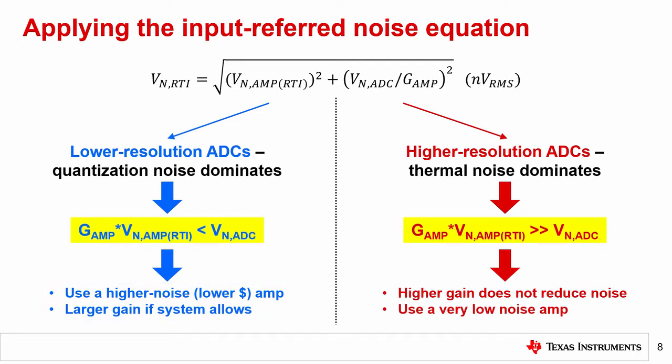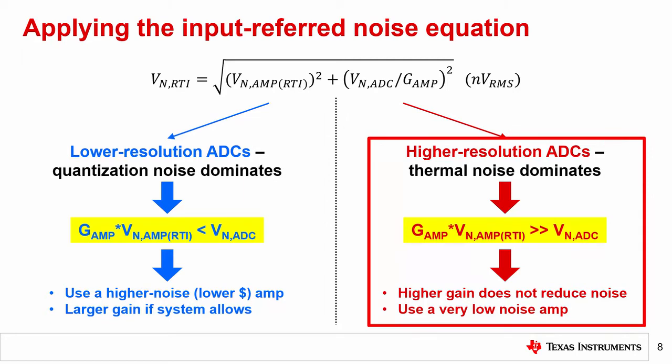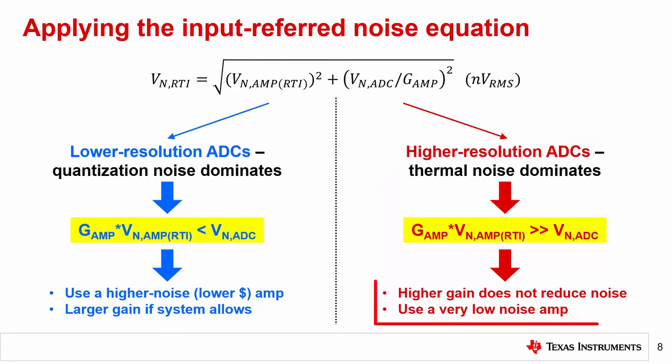Comparatively, the opposite is true for higher resolution ADCs, where the amp noise begins to dominate at high gains and the system noise RTI becomes constant. In these cases, using higher gains results in no system noise benefit, and you must use very low noise amplifiers to realize the benefits of your high-resolution ADC's low noise floor. You can approximate the point at which the noise of a high-gain amplifier starts to dominate your signal chain at the 16-bit level, though this is not always true. To be certain, you should always perform the necessary noise calculations based on the information provided in this module to estimate how an amplifier's noise will affect your ADC.